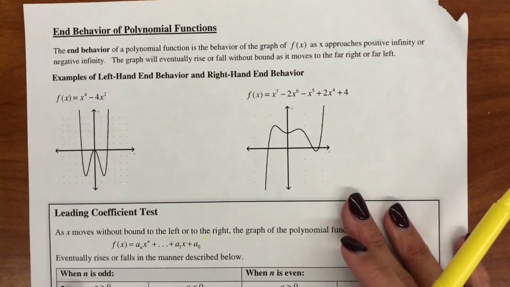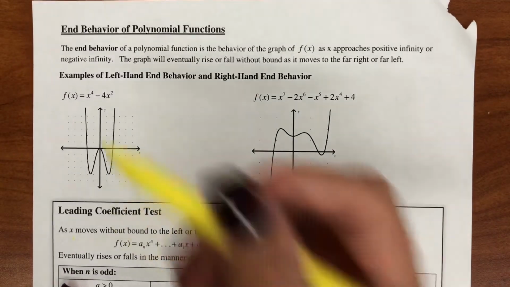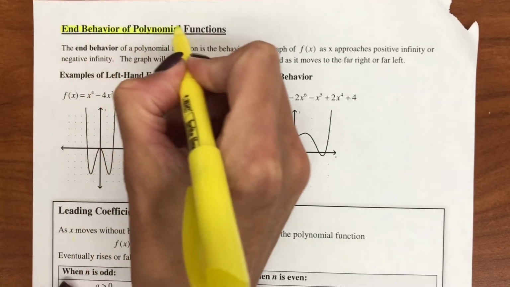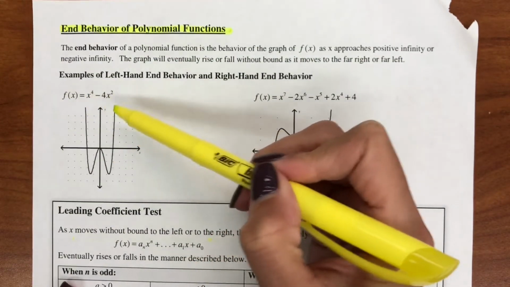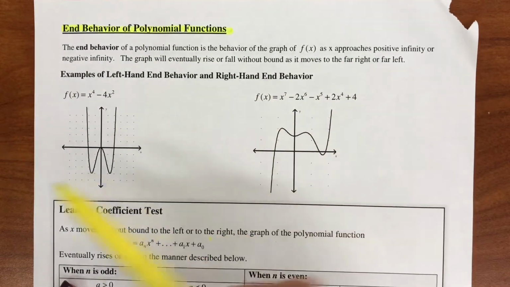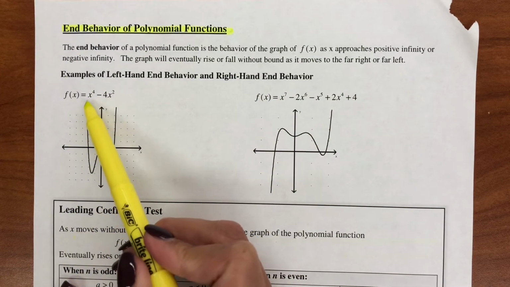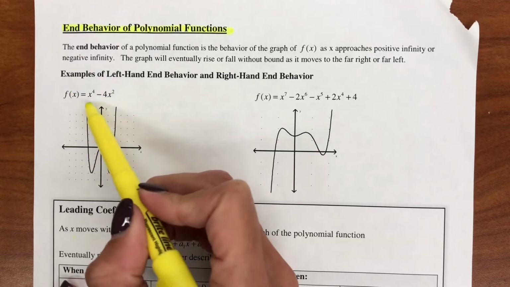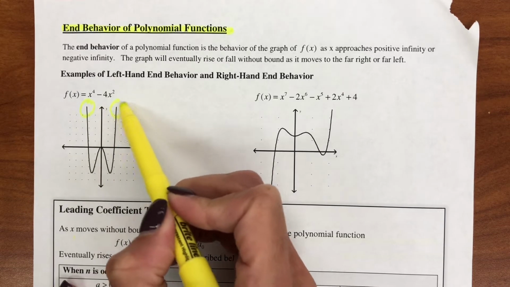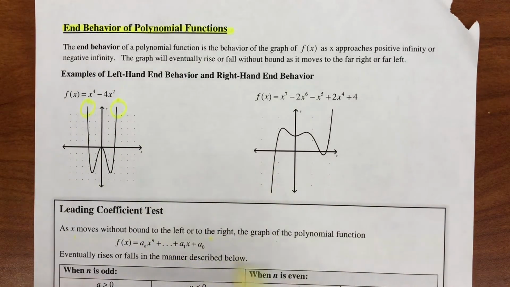All right, so this is talking about the end behavior of polynomial functions. So end behavior means what are the ends of the graphs doing? So let's look at this example, this x to the fourth minus 4x squared. So the end behaviors would be here and here. So for this example here,